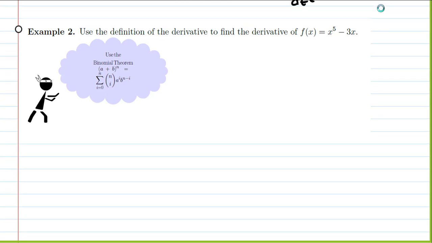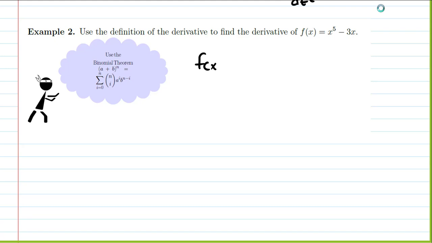And it says use the binomial theorem that (a plus b) to the n is equal to the sum as i goes from 0 to n of n choose i, a to the i, b to the n minus i. Well, let's work this out separately for each of these,